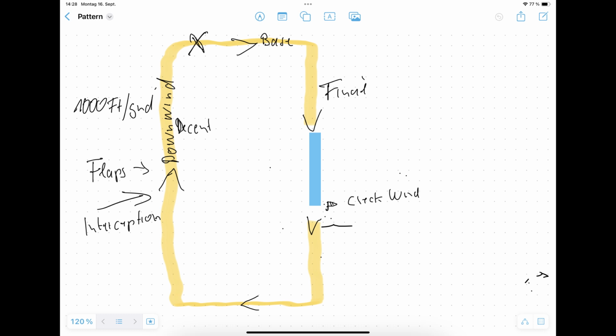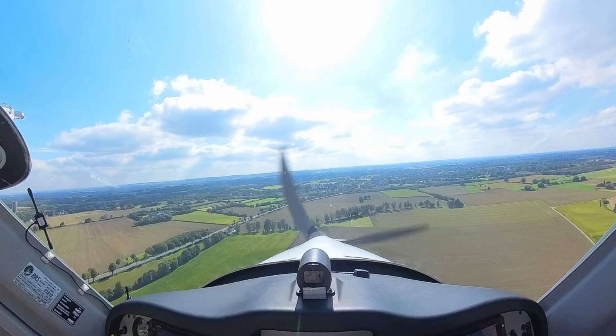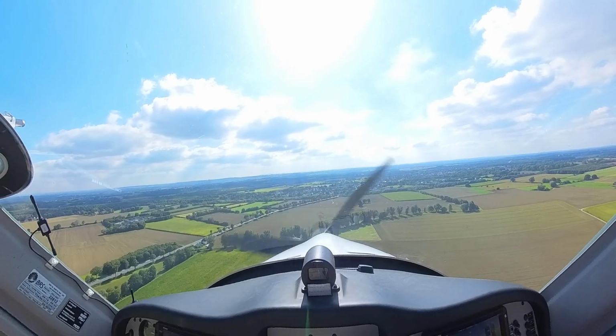And at that point you see there where the crosses are, this is where the video might start. This is the base, and you do another right turn and go to the final and get to the ground. You're gonna see that from this cross there. This is the cross where I'm starting in the base,